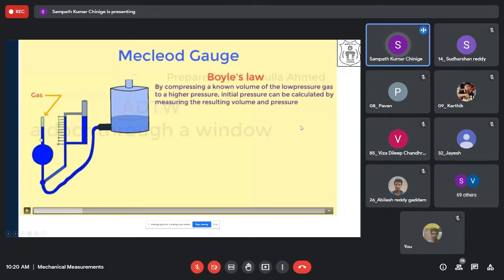I know the total volume from here to here. What I'm trying to do is, we know V1 because I am allowing this flow to enter into it. Imagine that this blue colored liquid is not there. Initially, the gas is coming into this, and then by moving this reservoir to a higher position, I'm trying to put this manometric liquid in, and therefore I'm trying to compress whatever fluid entered inside the tube from this volume to this volume.